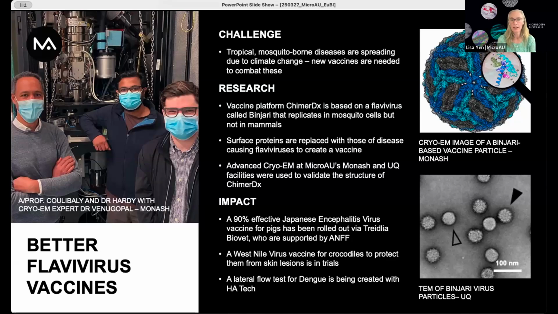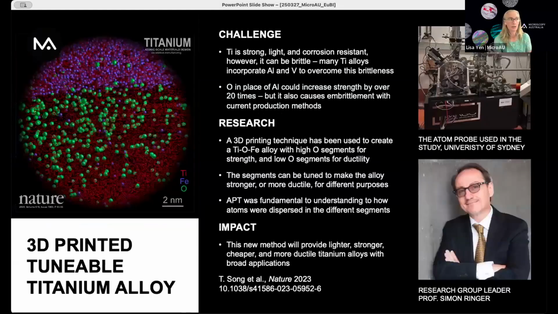And so looking at ways that we can help people understand how revealing that structure really does lead to those developments being possible. So of course, because of our varied backgrounds, we also look for ways to demonstrate those for materials. So this is looking at 3D printing techniques. And so again, it was nationally significant research infrastructure, an atom probe instrument, that was required to be able to do this identification within this titanium alloy.